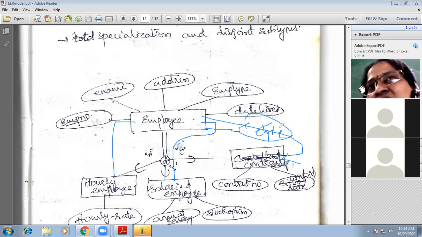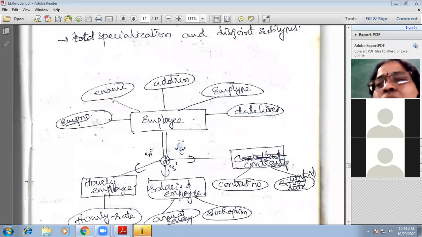By using the value in employee type, we can know whether he is an hourly, salaried or contract employee, and based on that we join the tables. This is possible because we make an association between employee and hourly employee. This is called the subtype discriminator.